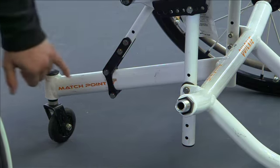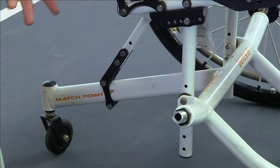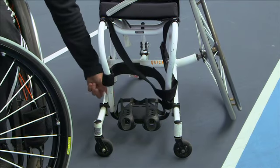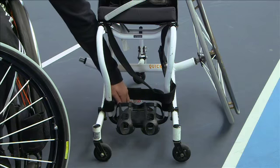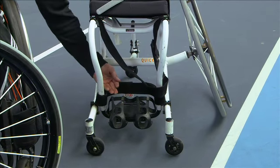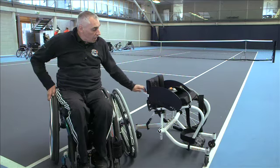We have an anti-tip here with a wheel that gives you more stability, safety. So if you're leaning over backwards, you're not going to fall over. We can have front seat height adjustment. There's a bolt here, and we can adjust the frame higher or lower. In addition, we can adjust the foot plate higher or lower, further back, further forward, the toe clips to keep your feet in the chair,